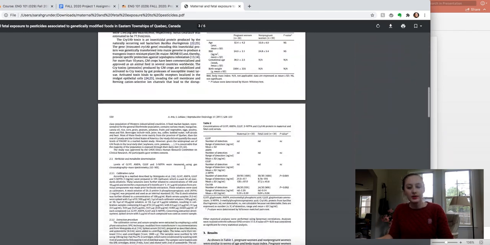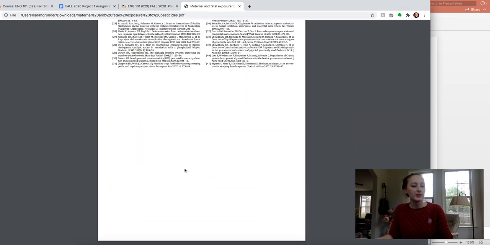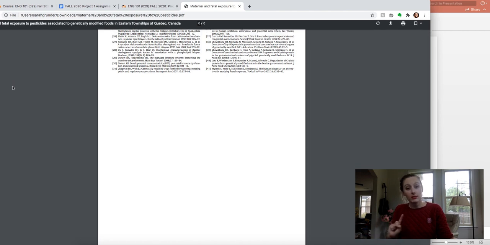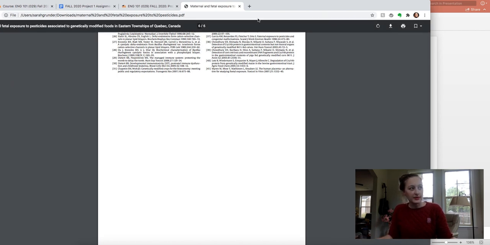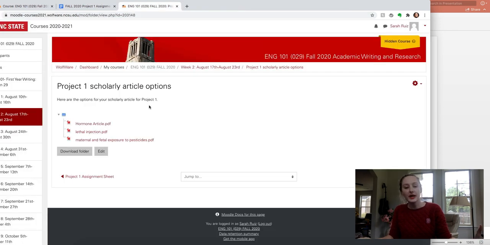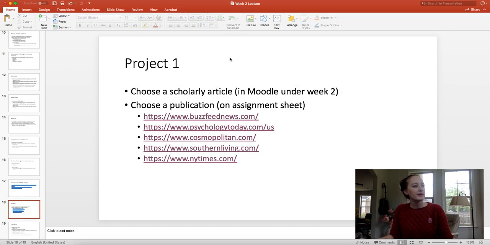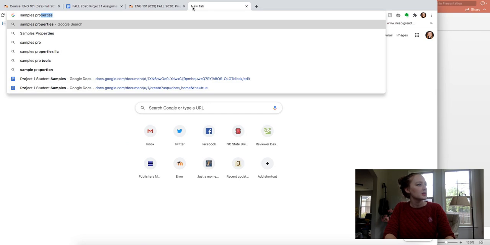Yeah, like dense stuff. But fortunately, these are pretty short for this type of article. That's why I chose them, because last semester I had some students who, 1, weren't picking actual lab reports, and 2, they were picking ones that were so long they couldn't even read them. So you just have 3 options. Made it easy for you. All right, I think that's everything I wanted to say about Project 1. Oh, I wanted to show you samples. My bad.